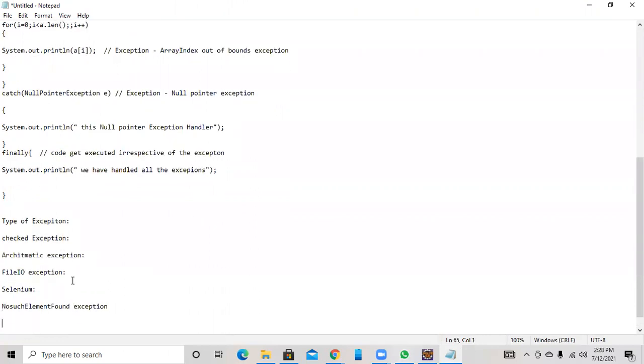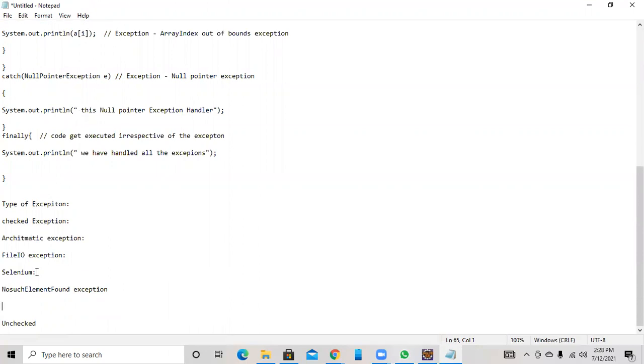That means Java has a built-in mechanism to handle these exceptions. But a few exceptions are unchecked. Say we are writing a banking application, and you have only 1,000 rupees in your account. As per the banking rules, you have to maintain at least 1,000 rupees in your bank account, then only we can continue the banking services. If you have only 1,000 rupees, you can't withdraw or transfer money.